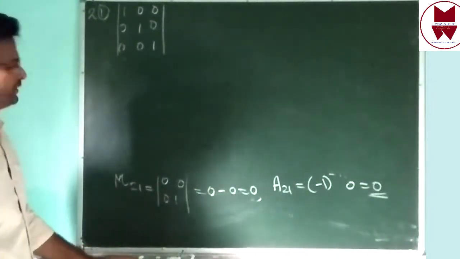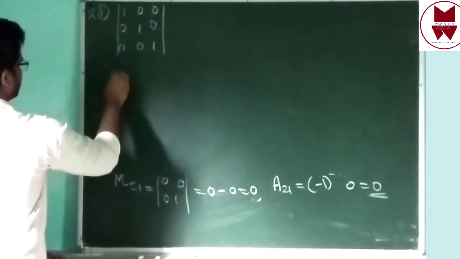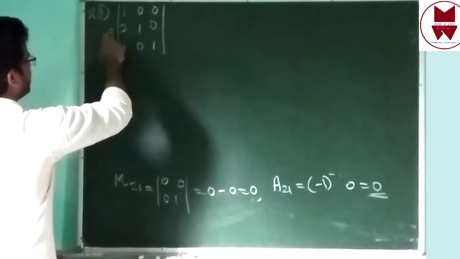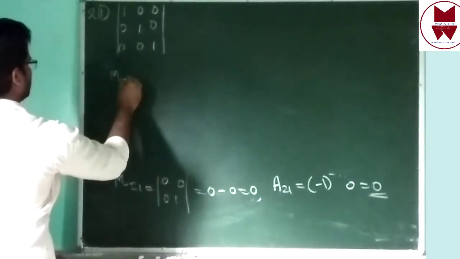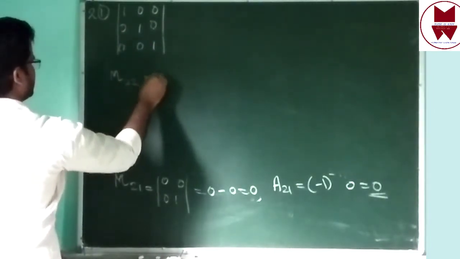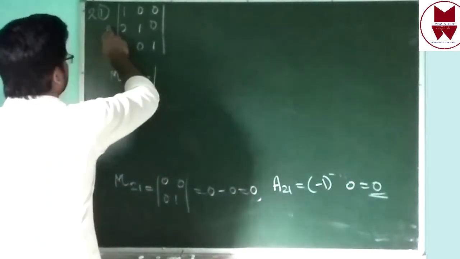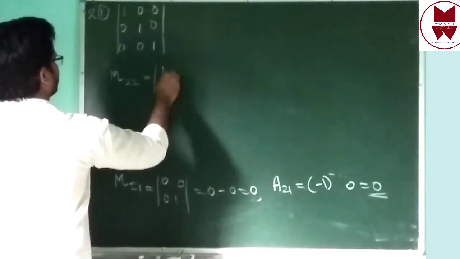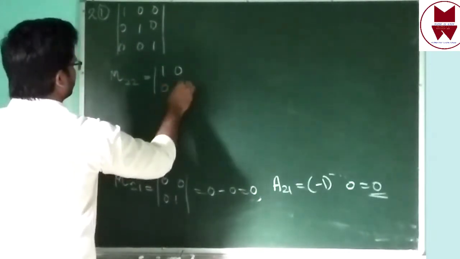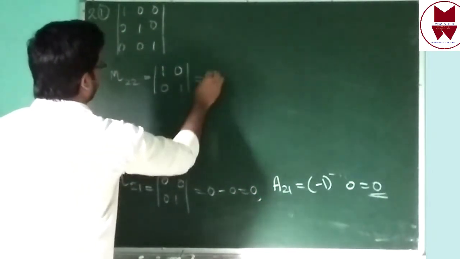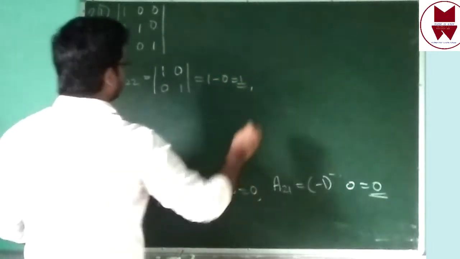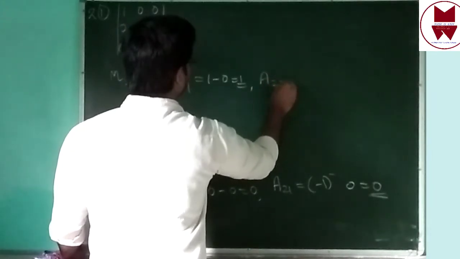Then next, M21, this one finished. Then take the next number, that is second row and second column, 2, 2. Determinant: leave out the second row and second column, then remaining 1, 0, 0, 1. 1 into 1, 1, minus 0 into 0, 0. Okay, answer 1. Then cofactor A22